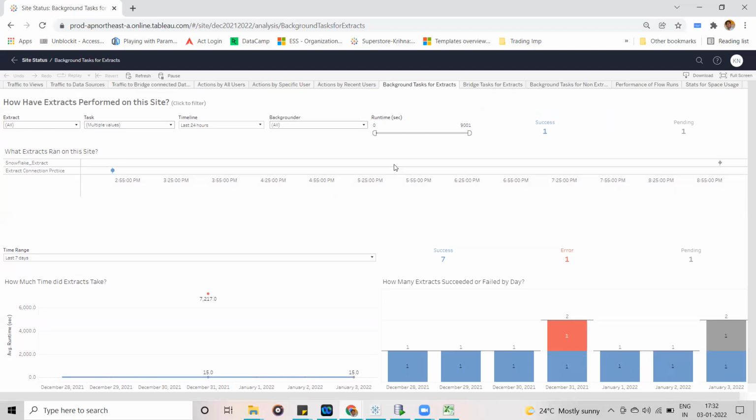Always the failures, whatever will fail, the extract, it is going to show in red color. Succeeded ones it is going to show in blue color, the running ones it is going to show in a green color, and the pending one is showing the gray color. Okay,